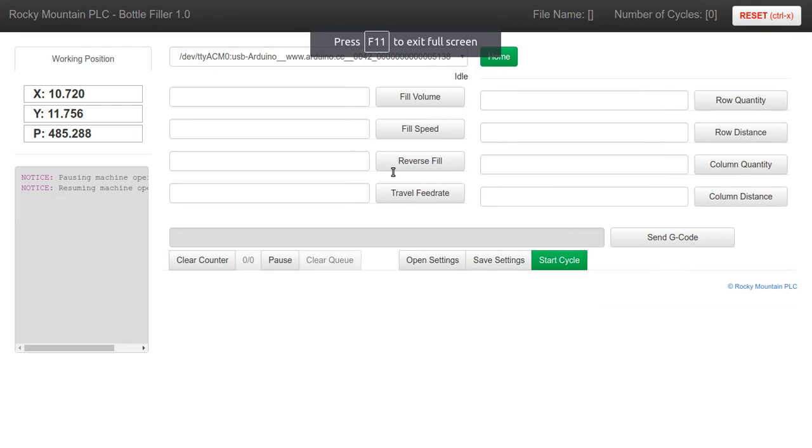Okay, so today I wanted to show everyone our bottle filler user interface. To get started, we'll focus on the buttons down below here. The first one we'll look at is Clear Counter. Clear Counter is attached to number of cycles. Anytime your machine runs a cycle, it'll tally it up in the upper right hand corner. If you ever want to reset that number, like hourly or something, you could go ahead and click Clear Counter